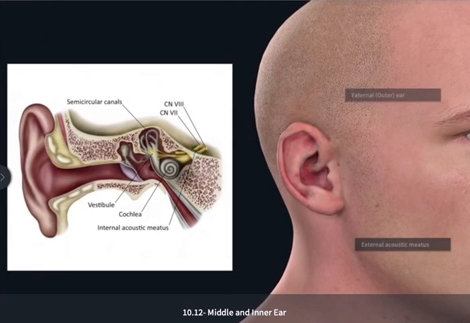This is where cranial nerves 7 and 8 leave the skull to start their path towards their target structures. Now 7 is going to continue through this area to get to structures in our face, but cranial nerve 8, the vestibulocochlear nerve, is going to travel in this bone towards the vestibule and the cochlea. So cranial nerve 8, vestibulocochlear nerve, is responsible for our detection of balance and